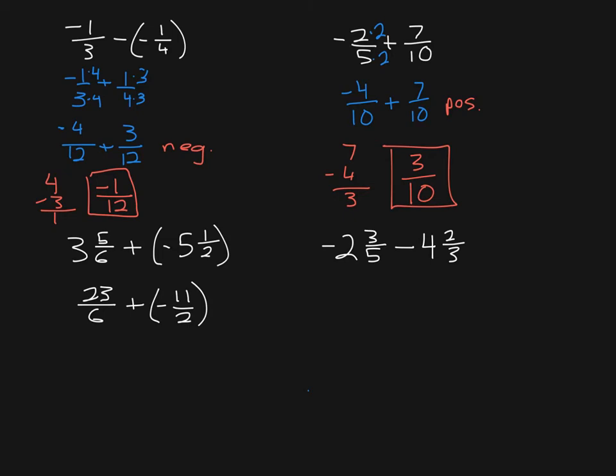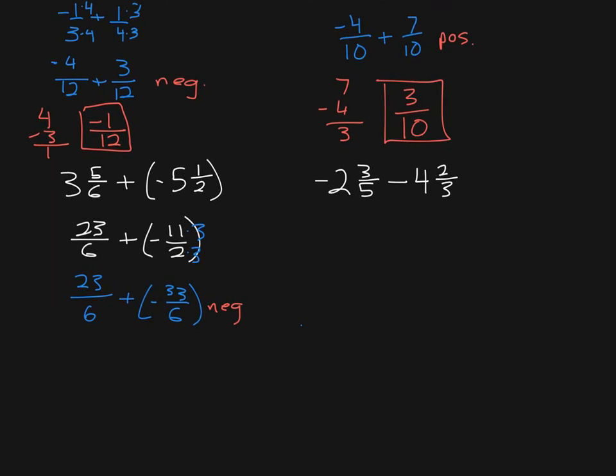2 and 6 both go into 6. So I want to write this here, set this up first. Now 2 times 3 gives me 6, so I've got to do negative 11 times 3. That's going to be negative 33. And the 23 is going to stay the same. Now this is another problem where we have different signs. I know my answer is going to be negative,